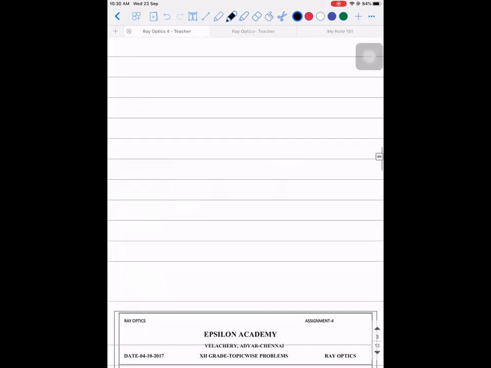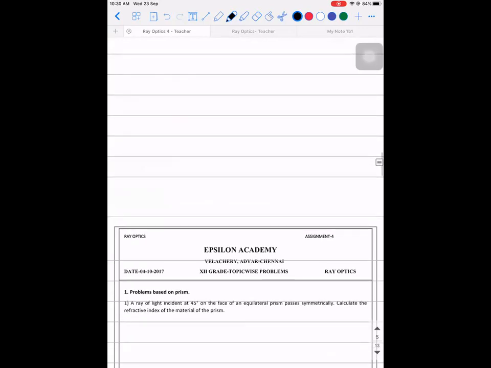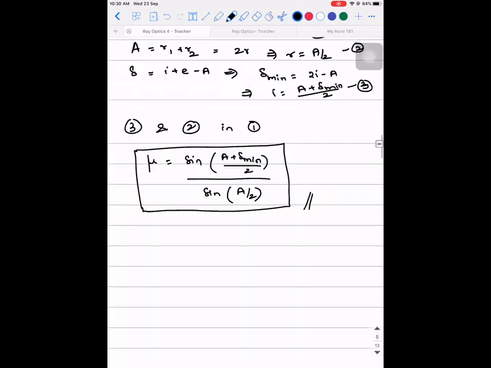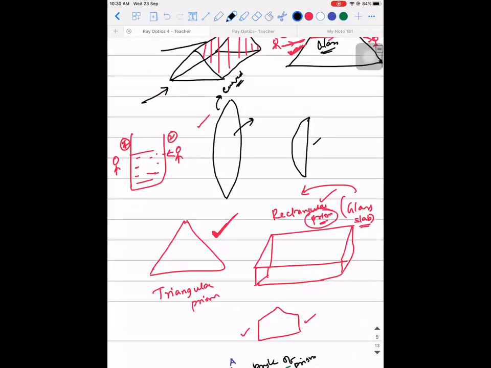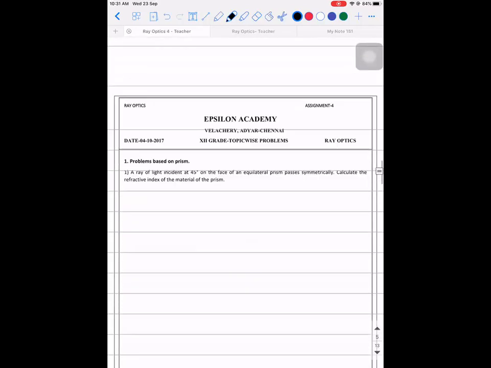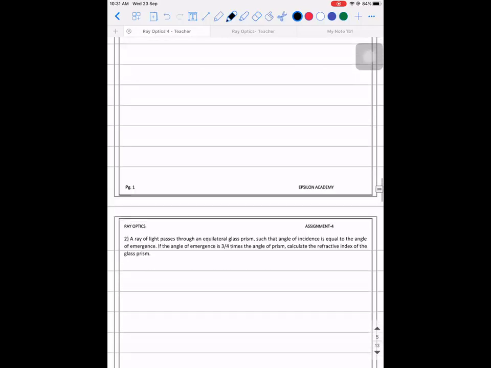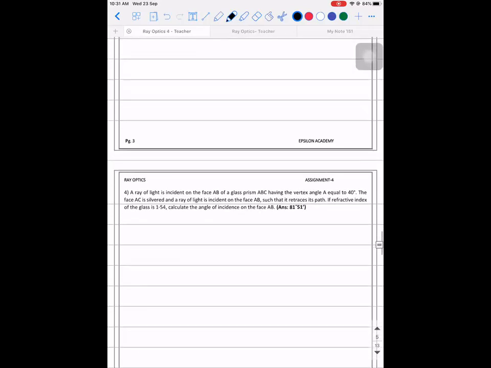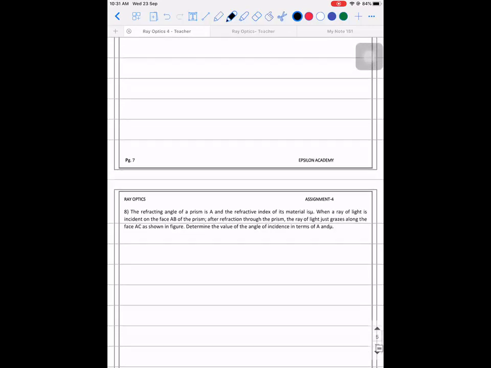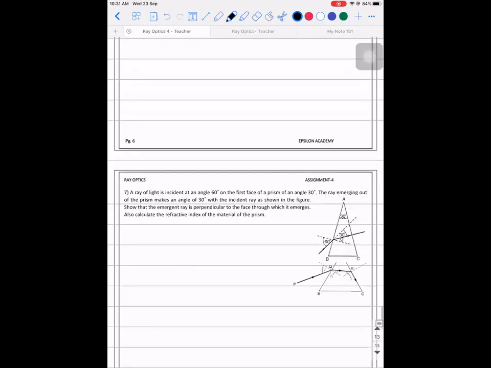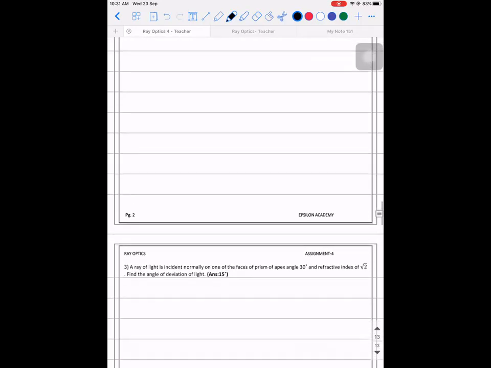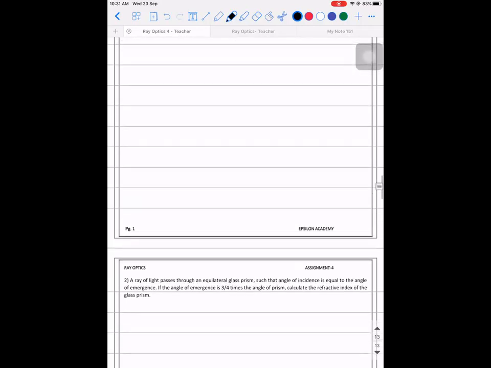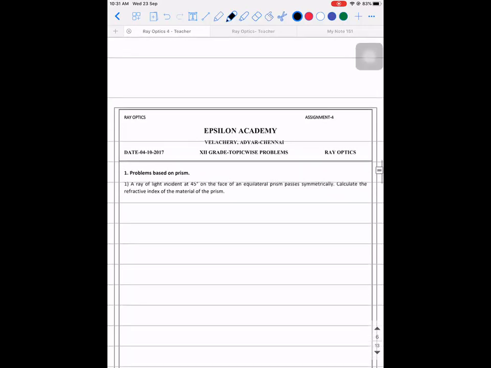So this is all about prism. I thought I could do a few problems, but I have another class immediately after this. So if you're clear with this, I'll share this whole document. The advantage with this document is you have the content here and immediately you have questions here, so you can go through them and try those problems. Let me check how many problems there are. There are 8 problems. You can try them. Next class I will discuss them. The last topic that is pending is optical instruments, that is simple microscope, compound microscope and telescope. With that, this chapter is over.